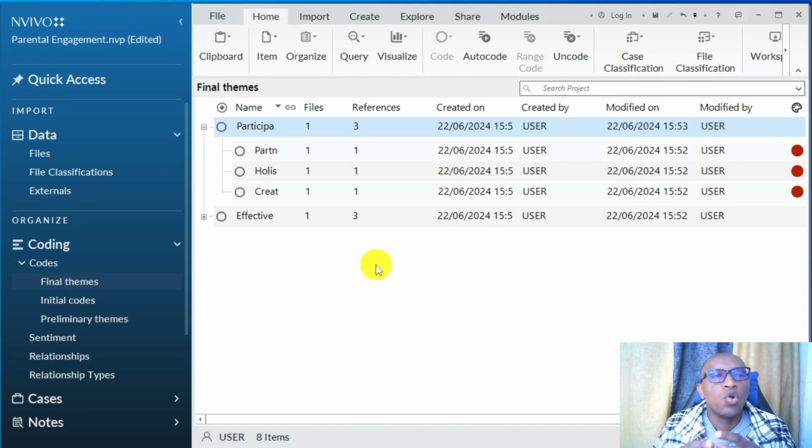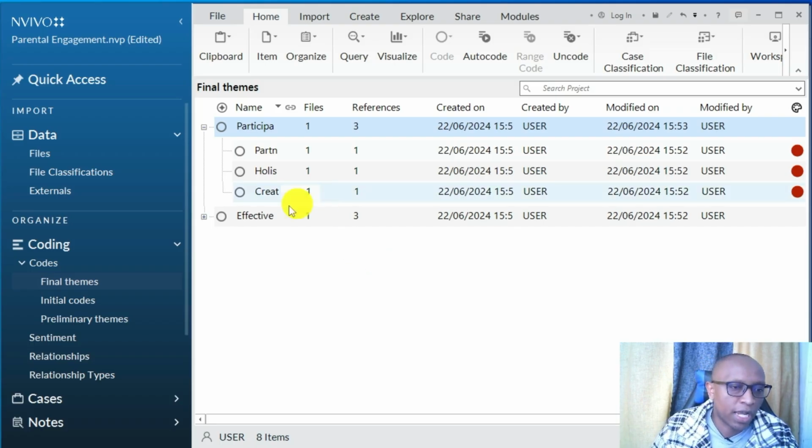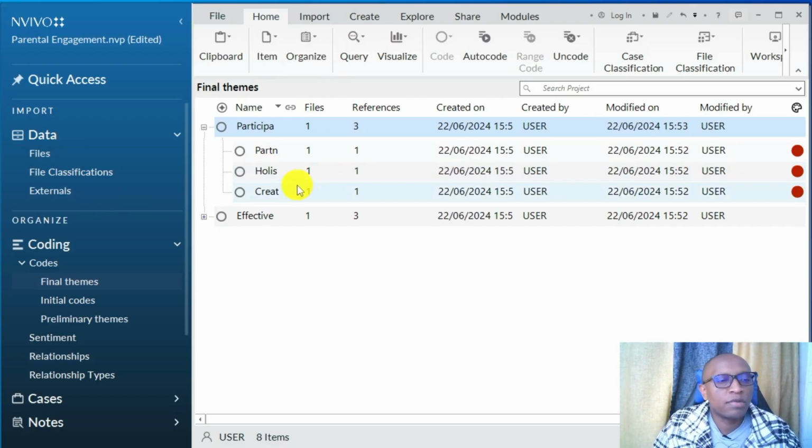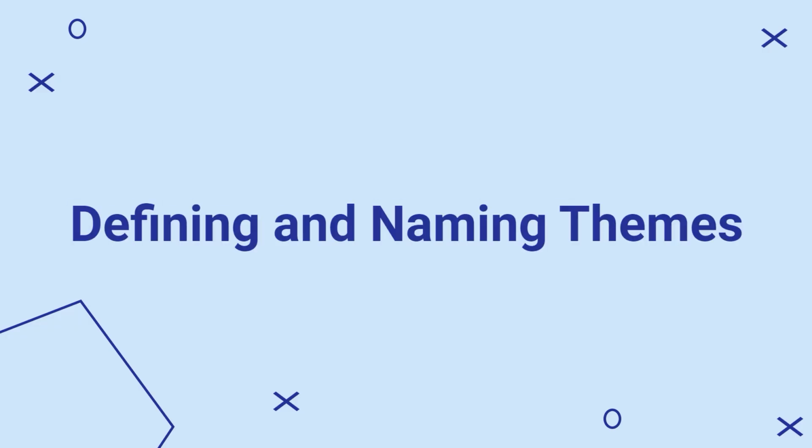That's how you review, revise your codes, name them well, okay? That's the fourth step of Brown and Clark. And also the other one, effective types of parental engagement. That's okay. So if I did this for all the transcripts, I would have so many themes I would have to revise and rename. Let's move to the fifth step of the Brown and Clark six-step framework for thematic analysis,